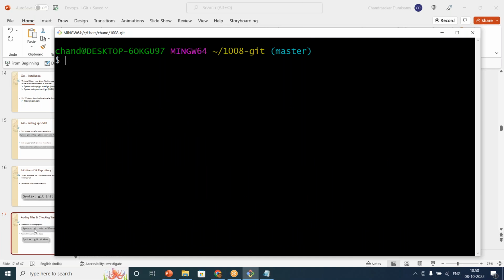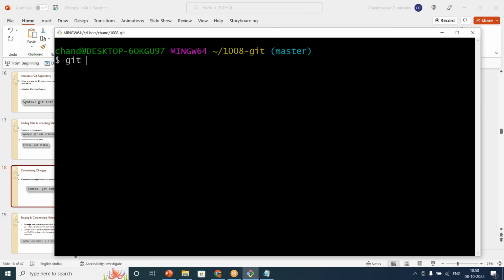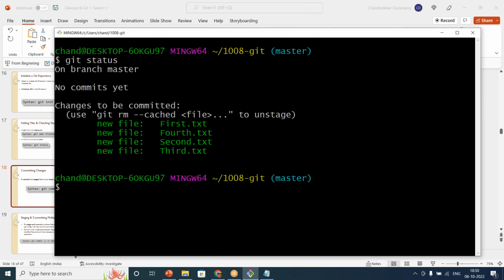Now let's talk about git commit. You are committing to the local repository. To commit the staged files to your local repository, it should be git commit. So how you will do this is git status. Okay, everything is fine now. Do git commit, and you have to give a commit message with -m. Without a commit message, you will not be able to commit any files. So you can say my first check-in,